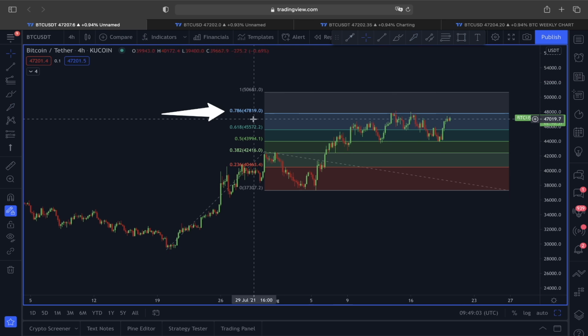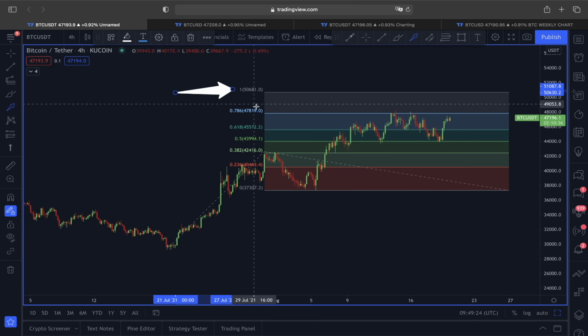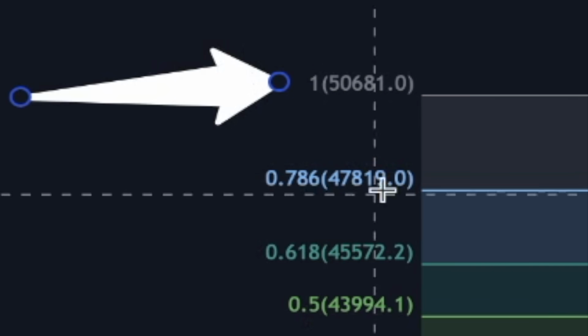But if this 0.786 is going to get broken, right, which is around 47,800, the next possible target is also going to be this 100% Fibonacci extension line. And this 100% Fibonacci extension line is also around 50,681. So that's why with the previous example, this 50,600, 51,000 range, between that line, this is where we might be getting gravitated if the price does manage to also break out of this 0.786 Fibonacci line,